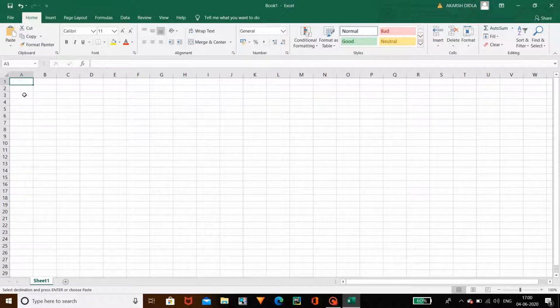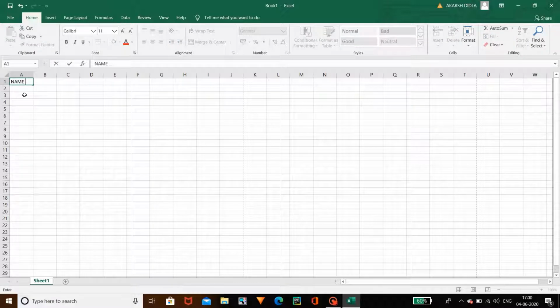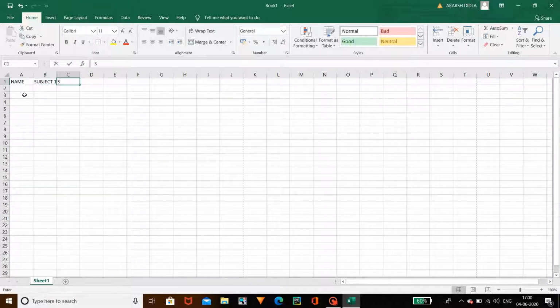Let's do a simple project. Let's do the project of the mark sheet of the students. Subject 1, subject 2, total.